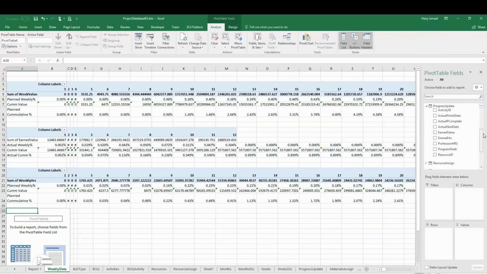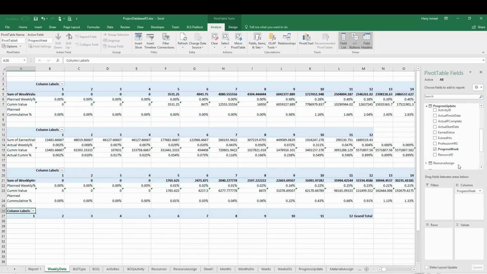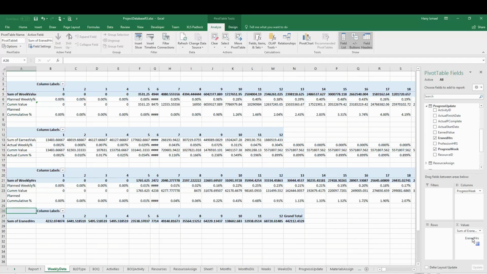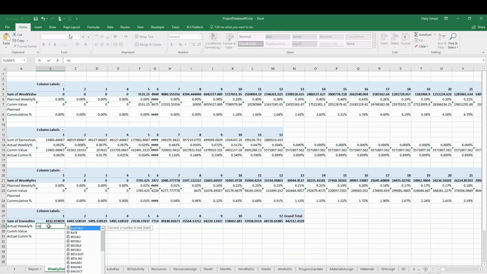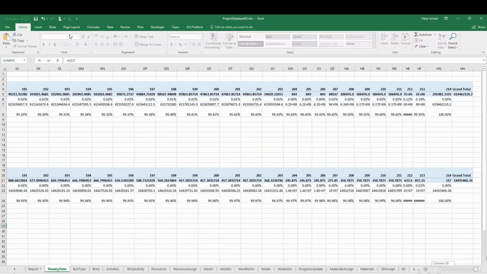I need the week, progress week here. Then I need the earned hours. And the same as what we did before, we are going to do it again. So this one equal B27 divided by, we'll go here,